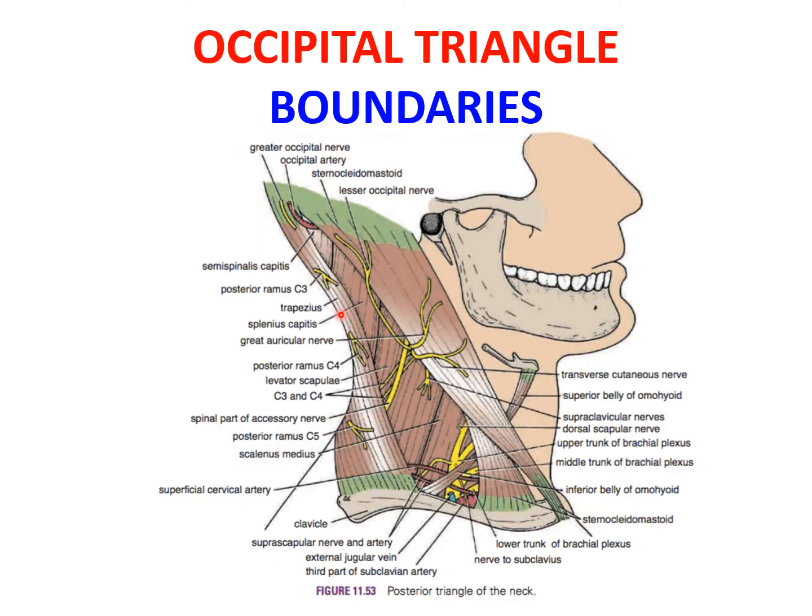Talking first about the occipital triangle, let us revise the boundaries. The anterior boundary will be by the posterior border of the sternocleidomastoid. The posterior boundary will be by the anterior border of the trapezius. The apex will be where the sternocleidomastoid and trapezius meet. The inferior boundary will be by the inferior belly of the omohyoid. The roof is the same as we have already discussed. The floor is formed by the splenius capitis, levator scapulae and the scalenus medius muscle.